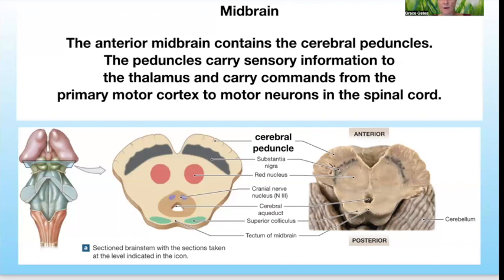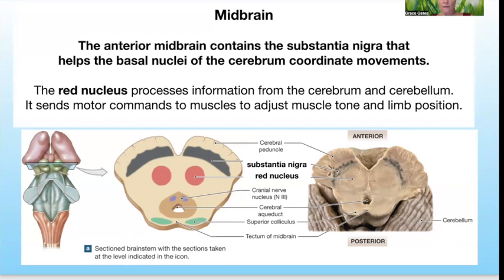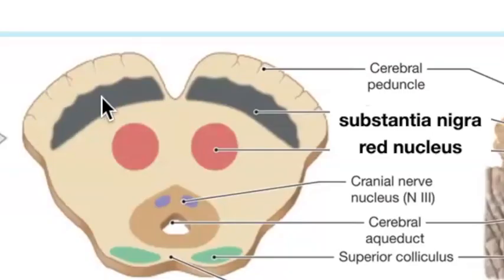The anterior midbrain contains the cerebral peduncles. The peduncles carry sensory information to the thalamus and carry commands from the primary motor cortex to motor neurons in the spinal cord. So this is an area of the midbrain where information is going up and information is coming down. The anterior midbrain contains the substantia nigra that helps the basal nuclei of the cerebrum coordinate movement. And we see it in this picture as this markedly gray area over here in the